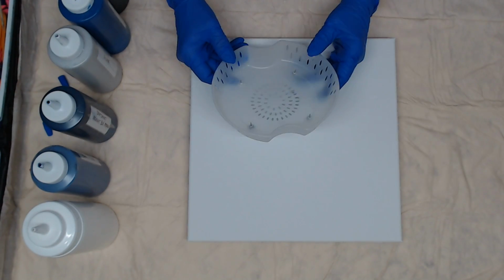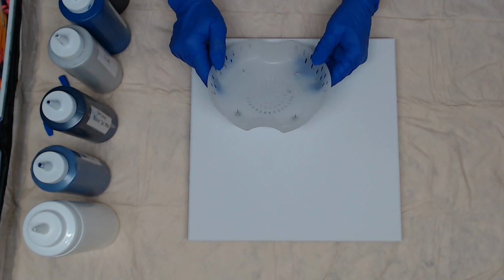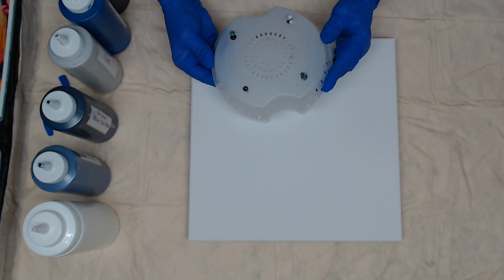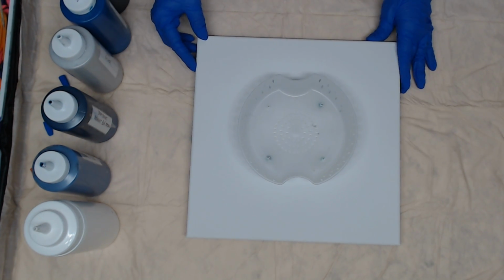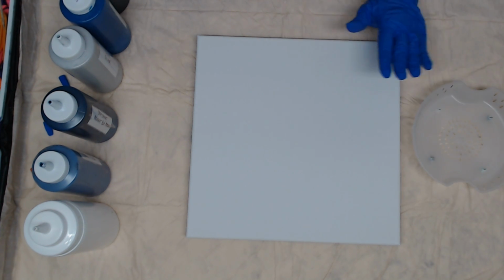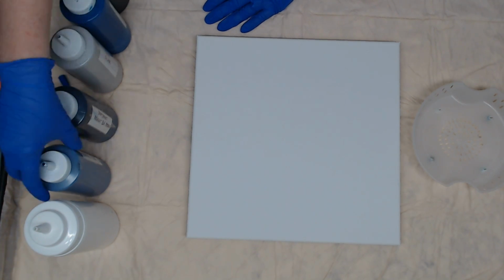So I'm going to try a little gadget today. This is from a frozen dinner. I believe it was a crustless chicken pot pie steamer. Alan had MacGyvered it a little bit, put some push pins in the back so it will set up off the canvas so the color can flow. So I'm going to be doing that on a 12 by 12, and I'm going to use white and Lucas